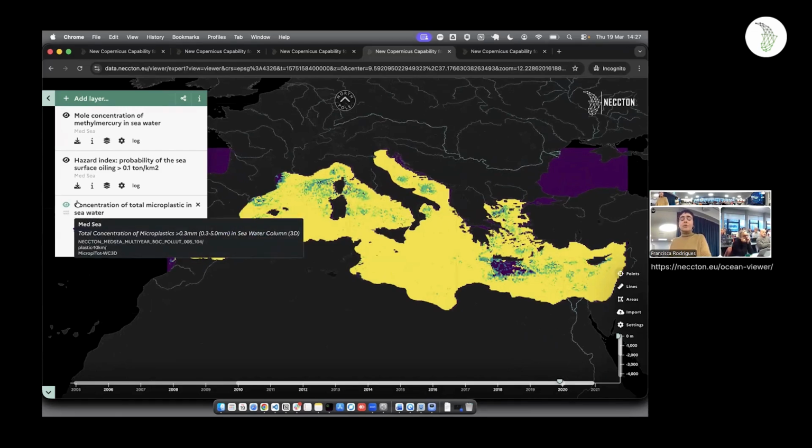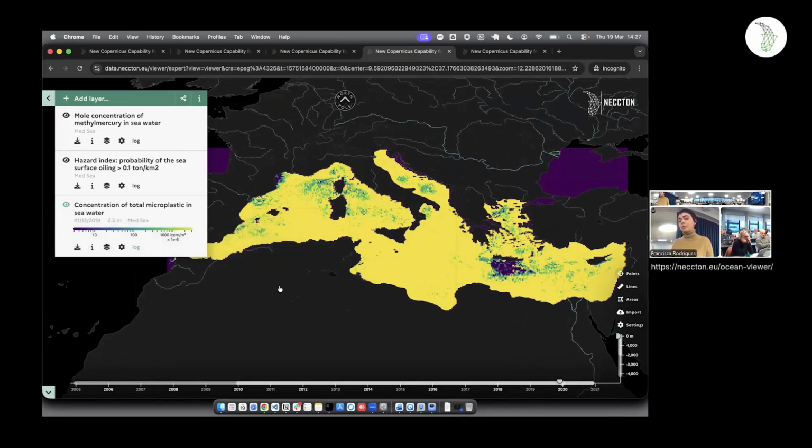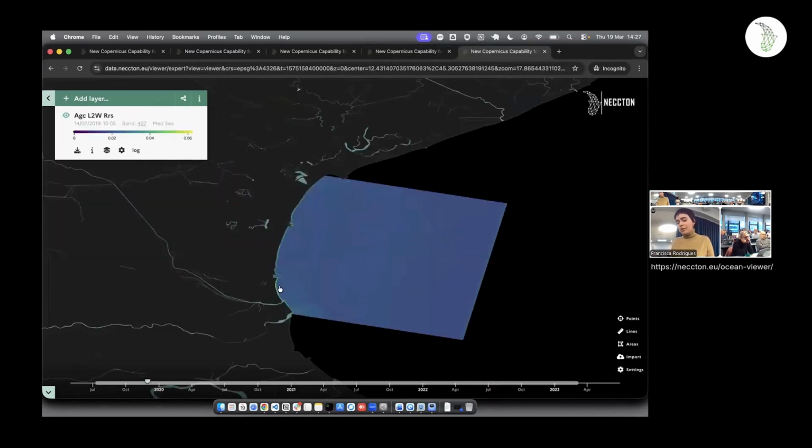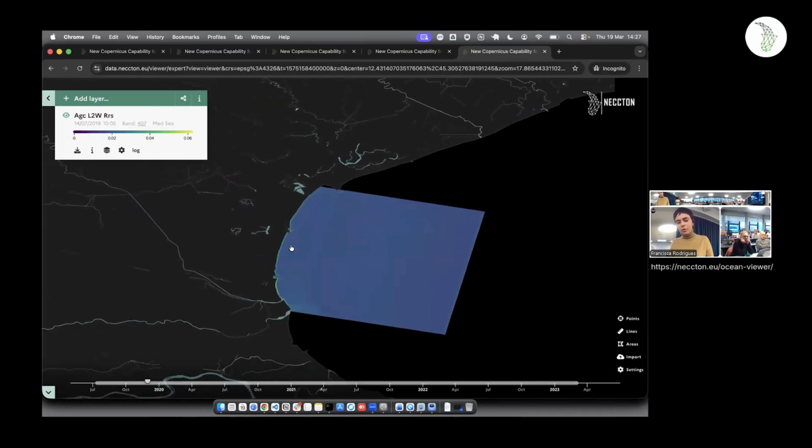But as you can see, you can play around with different layers. You can also combine different layers from different products that have different meanings, and then you can get a lot more insight into what you are studying. Another data set that we wanted to show in this demo